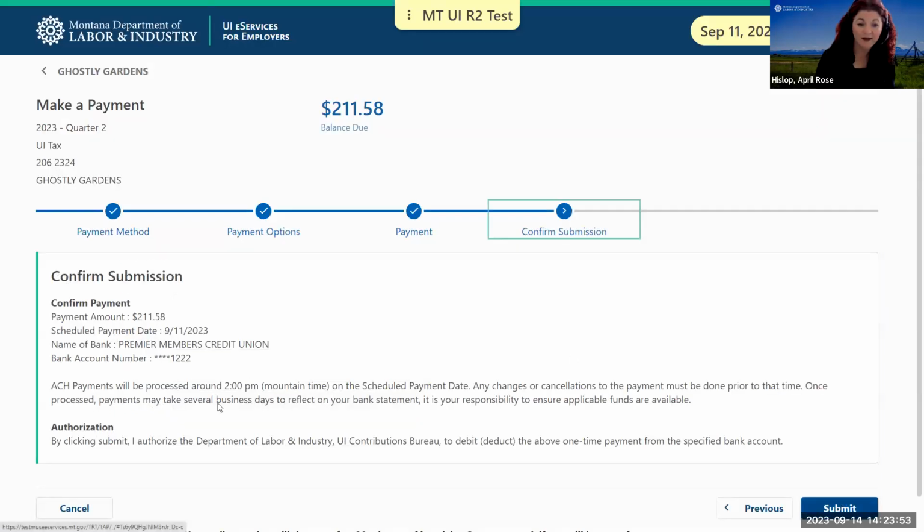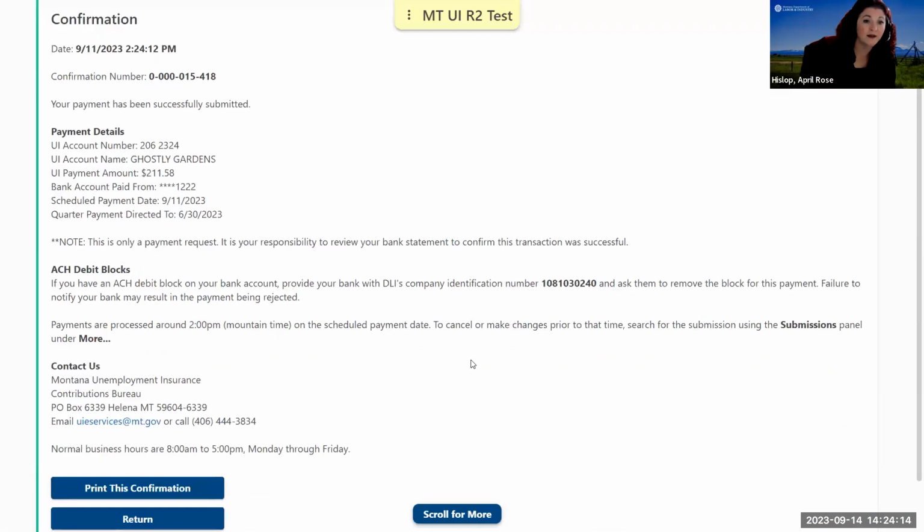And then you can go ahead and click Next. This is very similar to exactly the way our confirmation for submission is currently. We do have to put in a password currently, but it does give you a small breakdown of the amount of the payment, the scheduled payment date, the name of the bank, and the account number. And when I click Submit, that is going to fully submit that payment to Department of Labor, and that is going to go out here and give you a full summary of the payment details